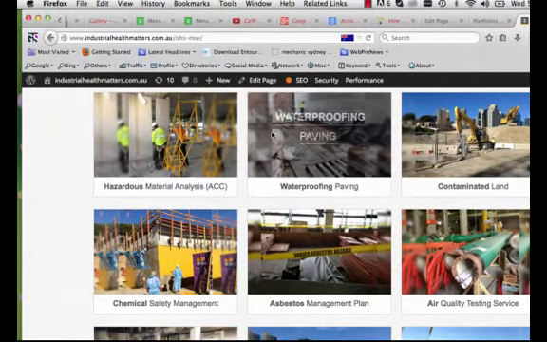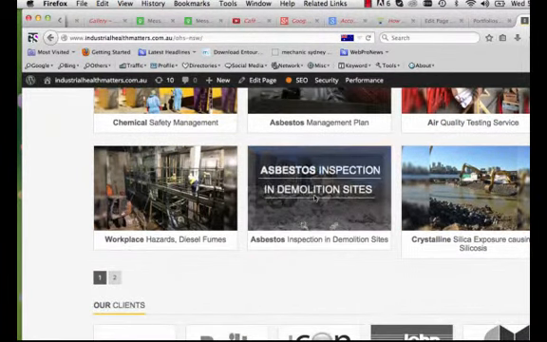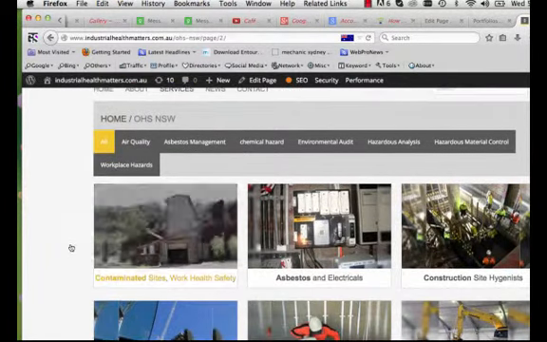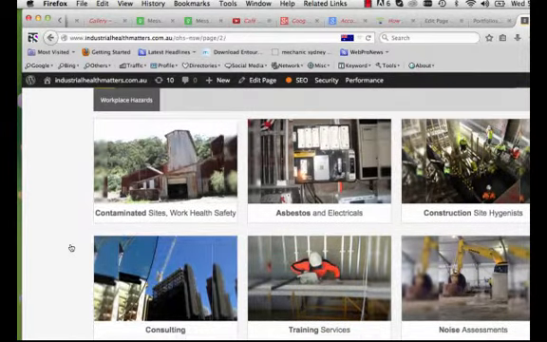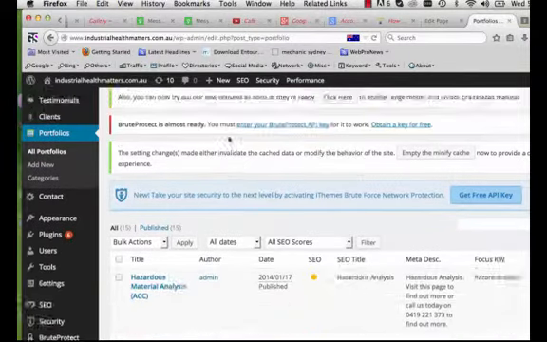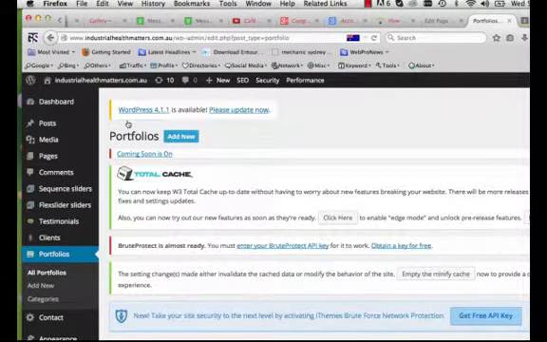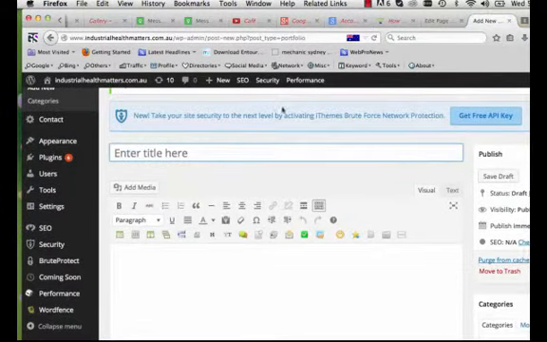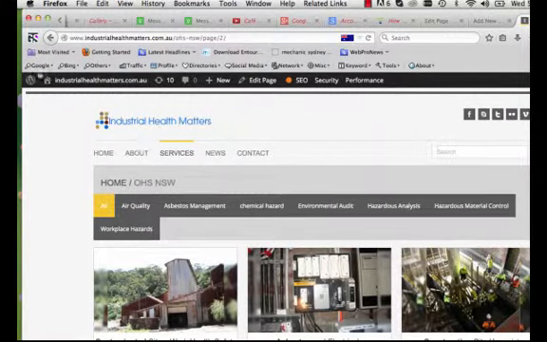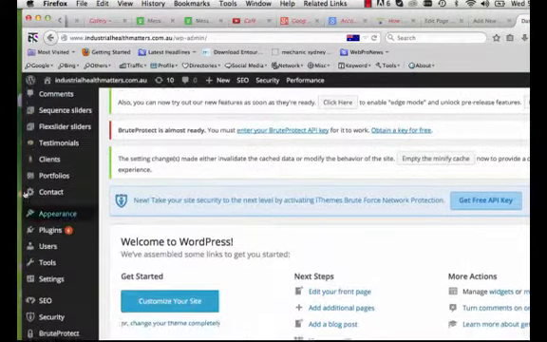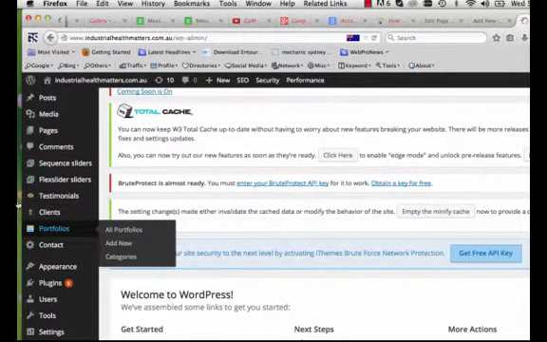And if we go to services, you will see there are 2 pages, and that will equal 15 images. So to add another portfolio, all you need to do is add new. So we'll click add new, and this comes up. I would recommend going to the dashboard on another tab as well. Go to portfolio